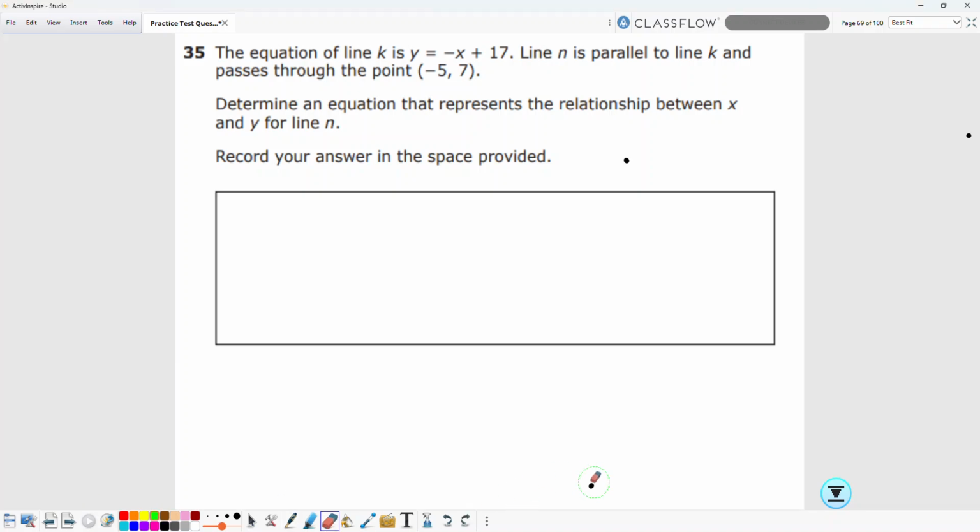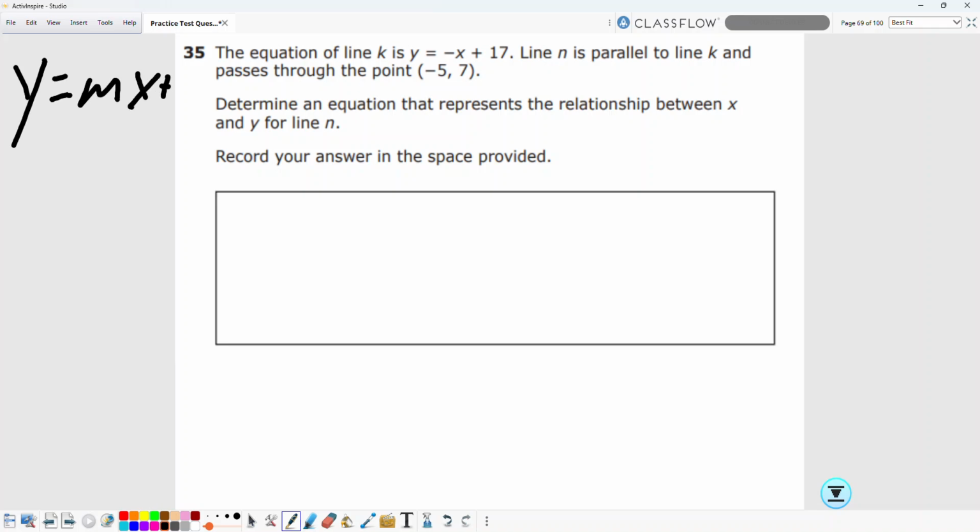35. We have an equation, and we also have a point on a parallel line. In other words, the line of this first equation, we'll call it line K. It has a parallel line we're going to call line N. And the only information we're given about line N are the points. But that's all the information we really need, because we know